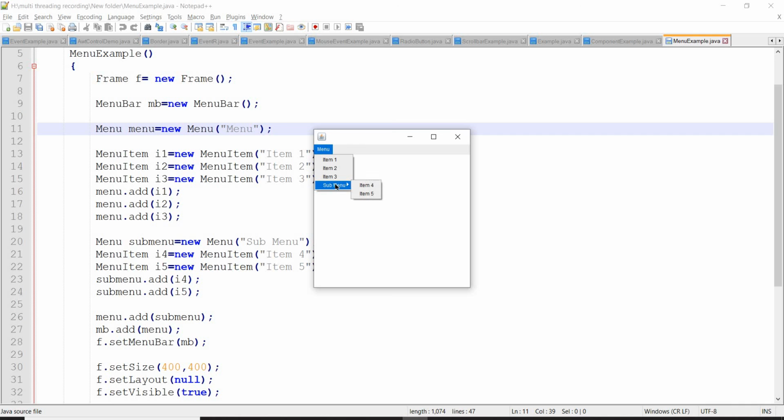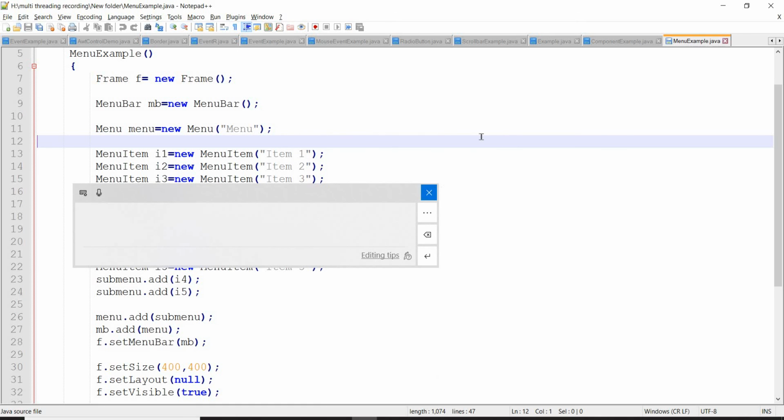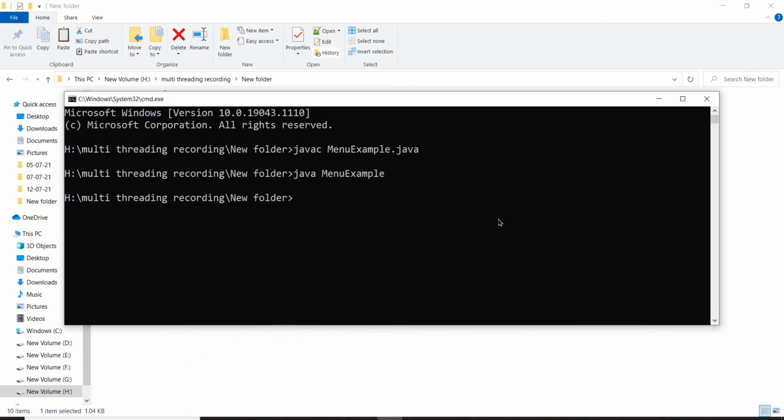The fourth one is submenu, and to the submenu we have added item 4 and item 5. Then this menu bar is added to the frame. That's all. Okay, after this menu, let's see the scroll bar examples also.